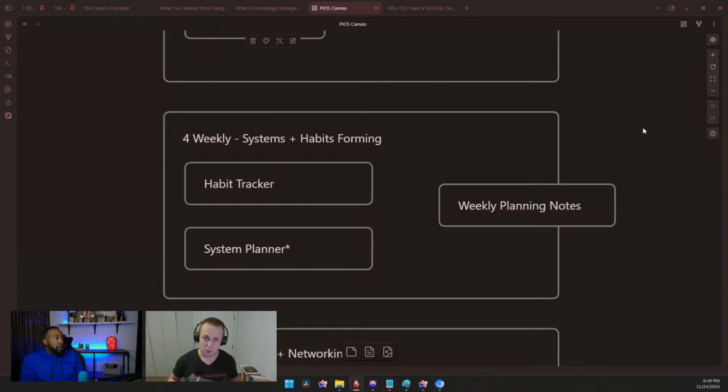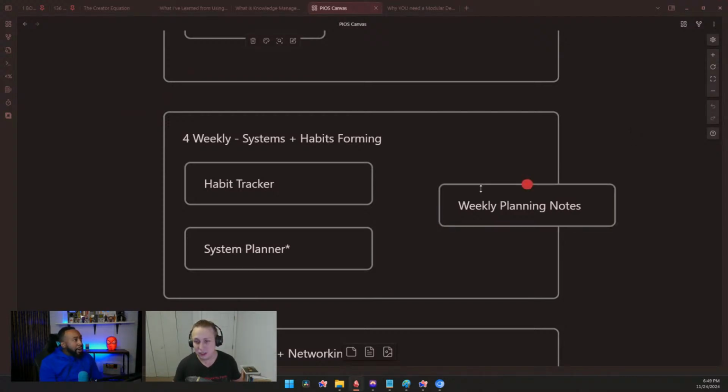In order to build systems, you have to have a habit that's been around for a while, and those habits can change, and you can lose a habit, but you can also build new ones too. Habits are fluctuating. You can go read Atomic Habits if you want to learn more about it. I'm not here to teach you how to do habit tracking, but I wanted to give you a space to do it, and then you can start planning out systems ahead of time. For me, for example, I had the habit of working out over the course of the quarantine. I stopped working out as much, but I was able to get back into that habit because I had systems in place that allowed me to build myself back up. Same thing goes for everything else.